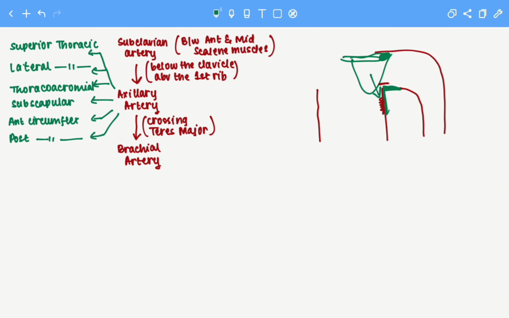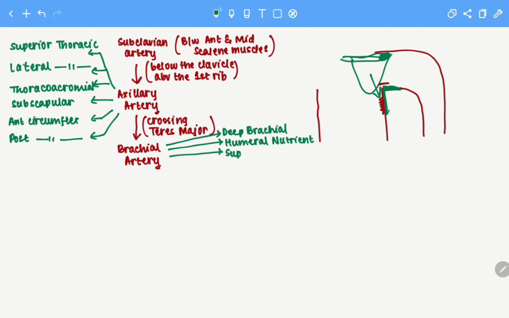Now, since the brachial artery is a continuation of the axillary artery, we can just remember that the brachial artery will give one less branch. Axillary artery gives 6 branches. The brachial artery will give only 5 branches. The main branch, which is the deep brachial artery. Then we have the humeral nutrient artery,